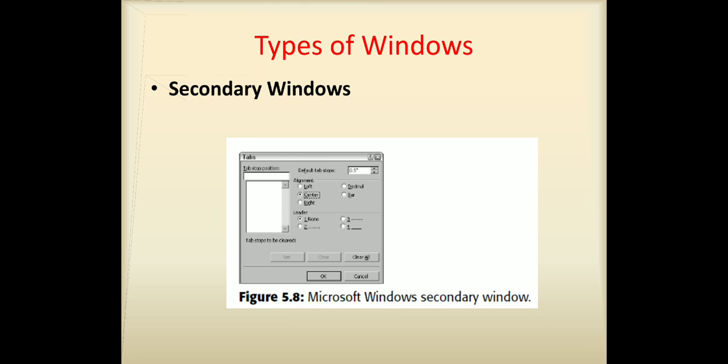So a dependent secondary window is one common type, and it can only be displayed from a command on the interface of its primary window. It is typically associated with a single data object and appears on top of the active window when it is requested, and it is movable as well as scrollable. An independent secondary window can be opened independently of a primary window. For example, a property sheet can be displayed when the user clicks the properties command on the menu of a desktop icon, right?